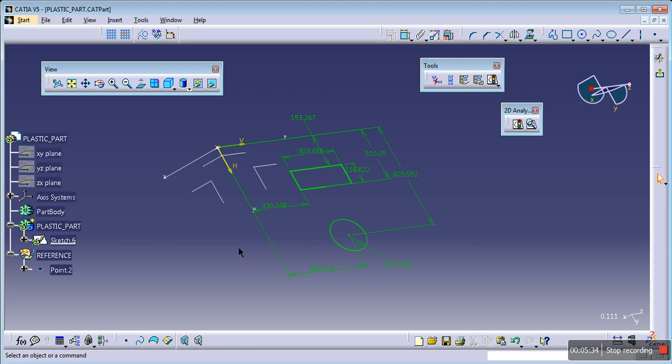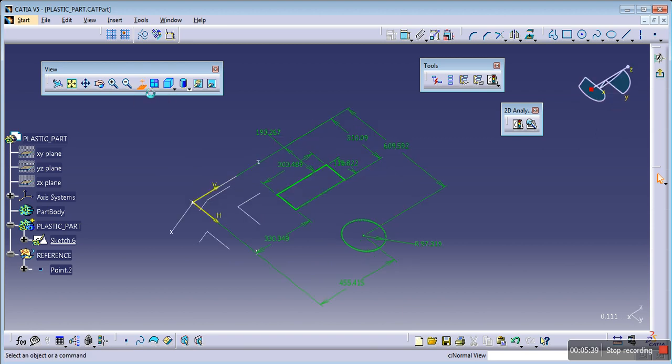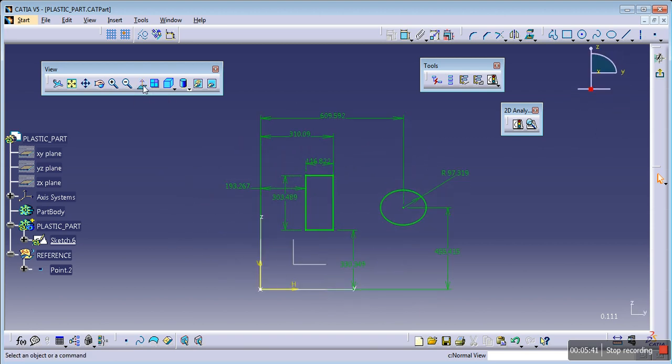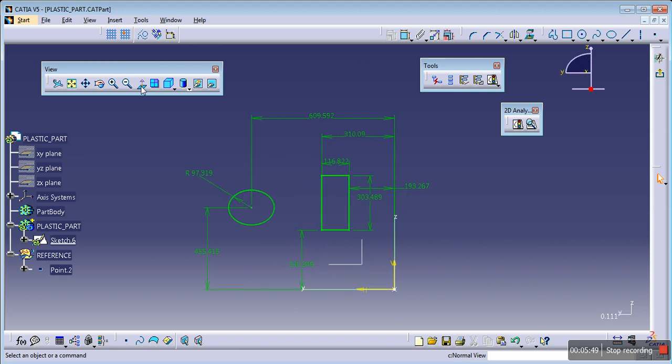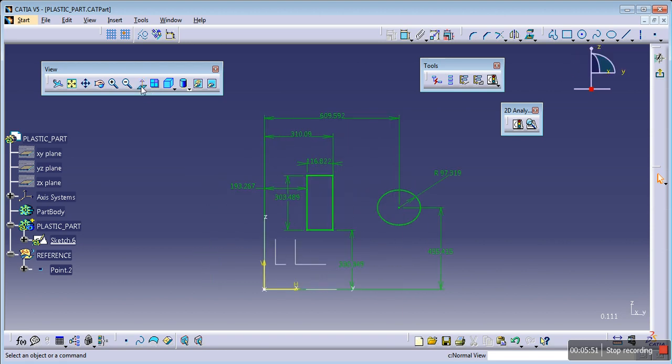I want to get it in a different view, so we'll click on normal view. This normal view gets back to the original view. If you click normal view again, it will show you the back view of your design. If you click it again, a different view, and vice versa.